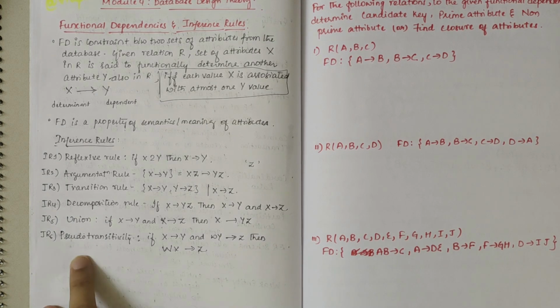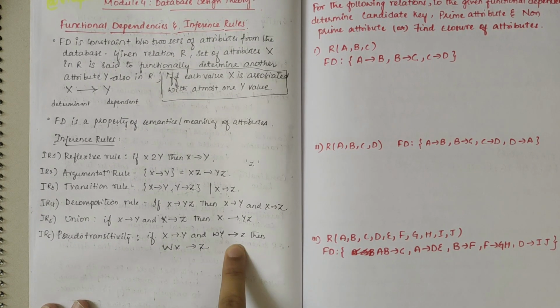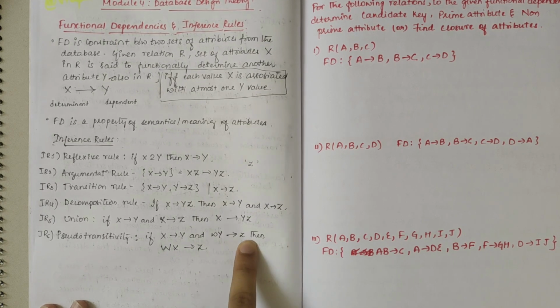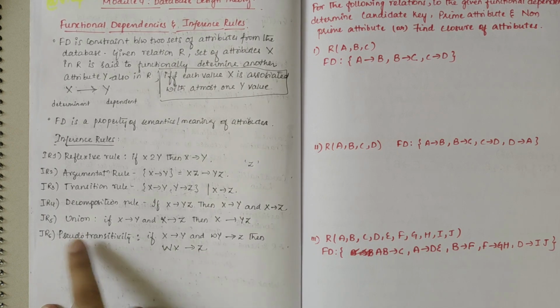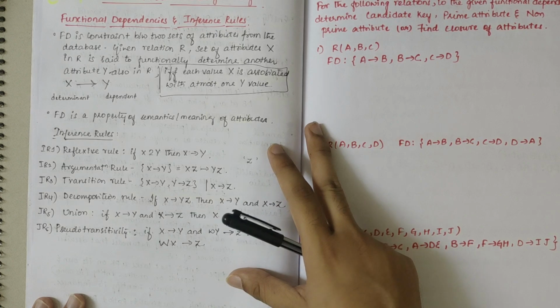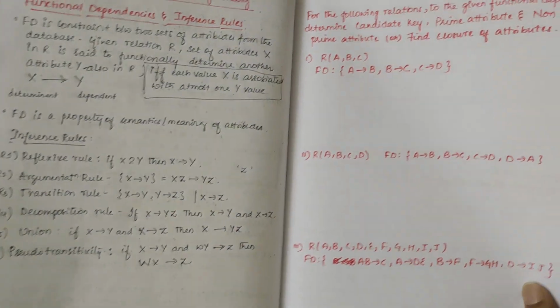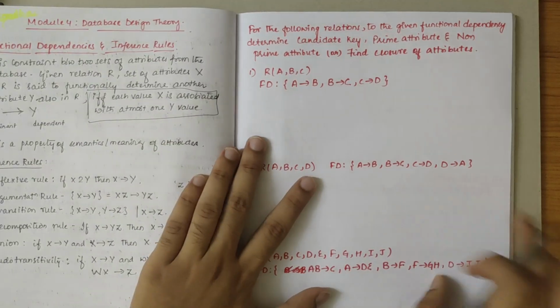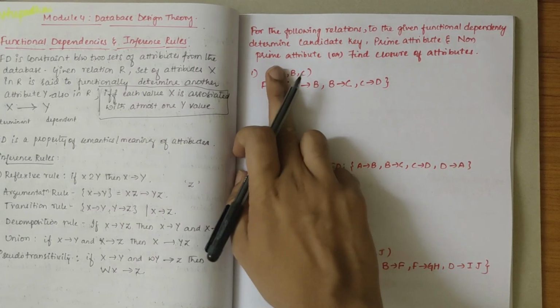The 6th rule we have here is pseudo-transitivity, which says if X determines Y and WY determines Z, then we can write WX determines Z. So this is about pseudo-transitivity. These inference rules would be used in order to calculate the closure and find the prime attributes, and in the further questions we'll discuss problems based on functional dependencies, closure, and identifying the candidate key, prime attributes